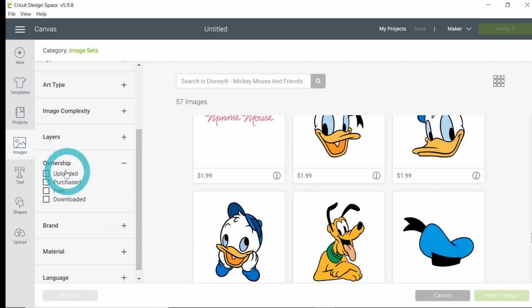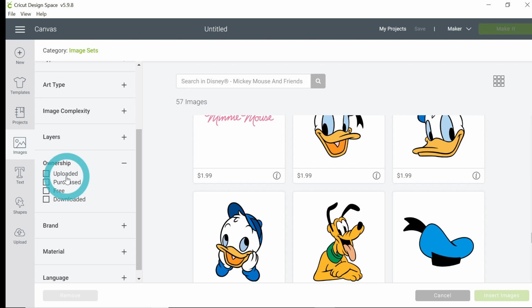Okay, so we've talked about free images and purchased images. And under ownership, there's also a couple other things there. One is uploaded, and then there's also downloaded. And so those are basically just images that you uploaded into Cricut and images that you downloaded from Cricut. And I'm not going to go into any details on those two types of ownership in this video. I'm going to save that for the video where I talk about how you can get other types of images from other places to use with your Cricut. Okay, so I have one more thing that I'm going to talk to you about in this video,